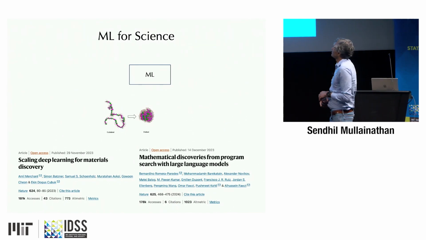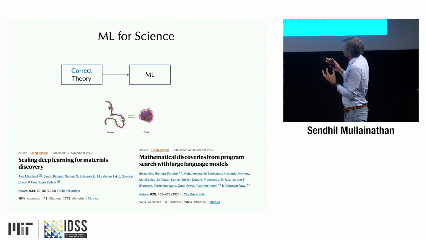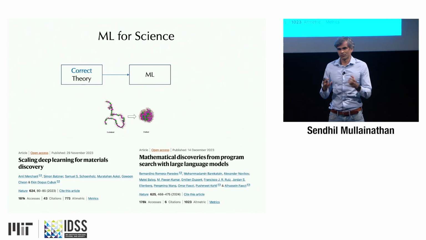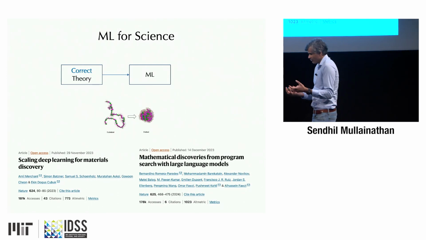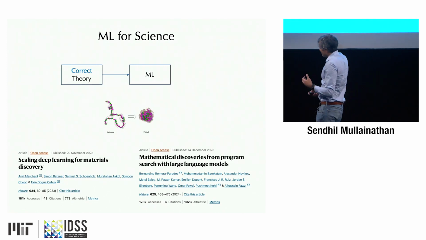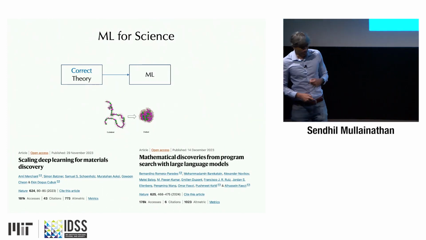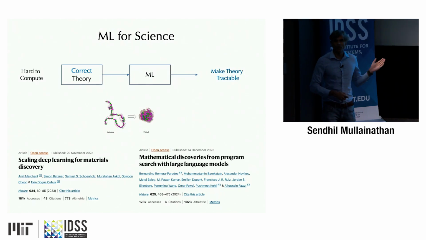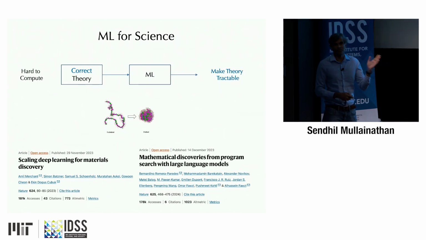And all of these things that are bubbling, I think, fit under a particular way of viewing the world, which is they all have a property where we've got a correct theory of some form. So we know the rules of organic chemistry. We know the rules of quantum mechanics. We know the rules of deduction underneath math. So for all three of these things, we know the theory, but implementing the theory in any practical sense is very hard. It's very hard to compute the theory all the way through and actually compute the protein.